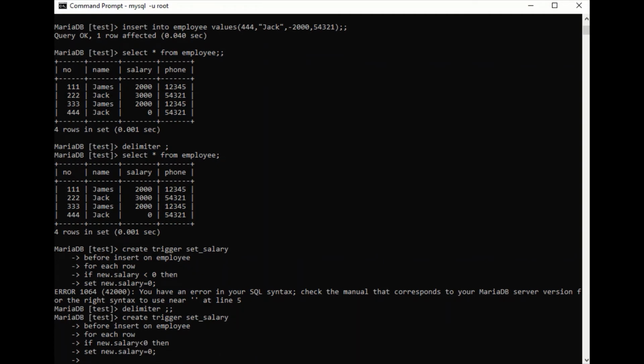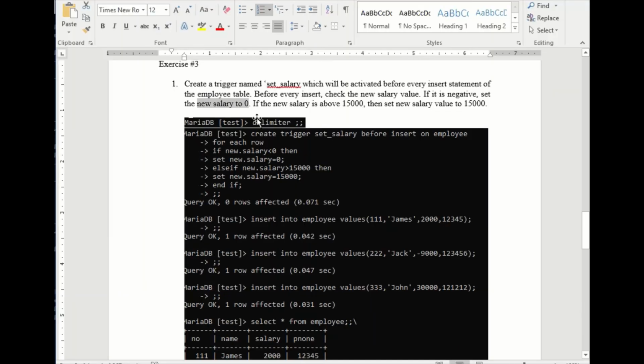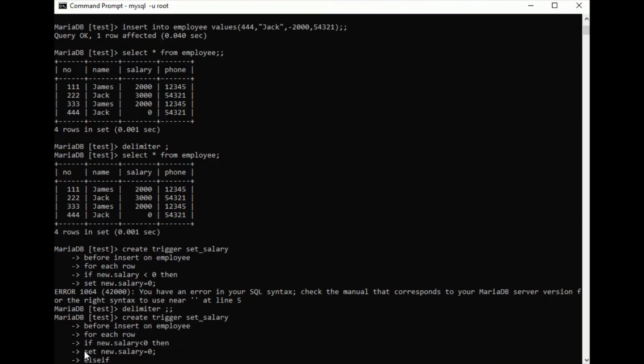Can you see? It's not a delimiter, it's a semicolon. Fine. And now I still have another condition. So else if together, no space in between. What is the condition? Is the new salary above 15,000? So else if new dot salary above 15,000,